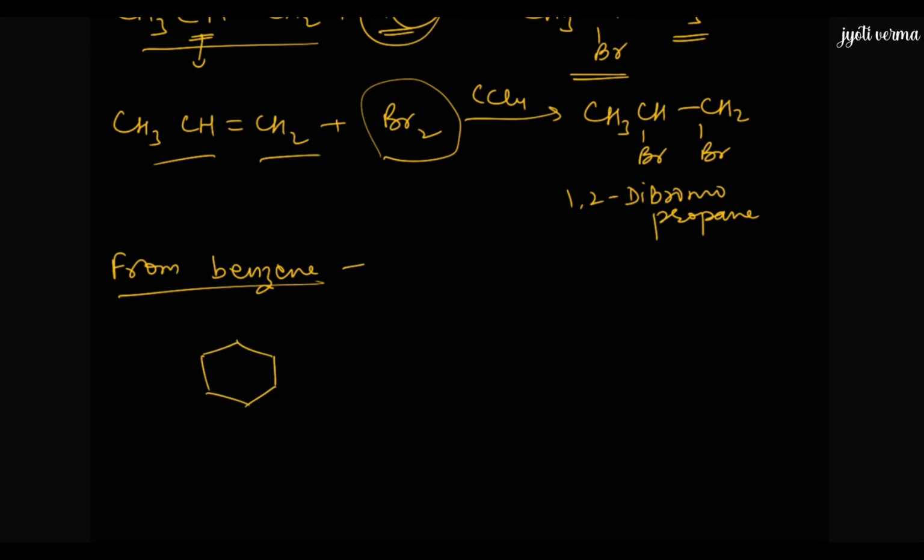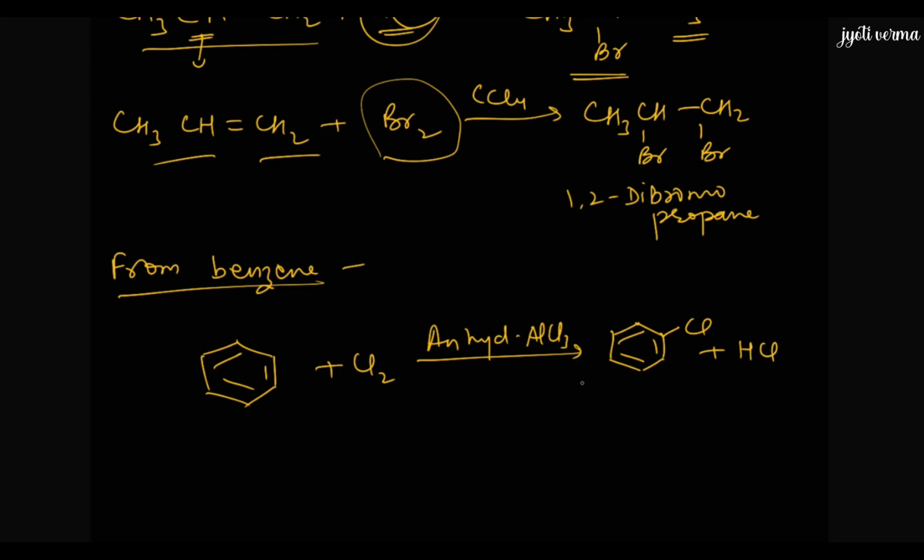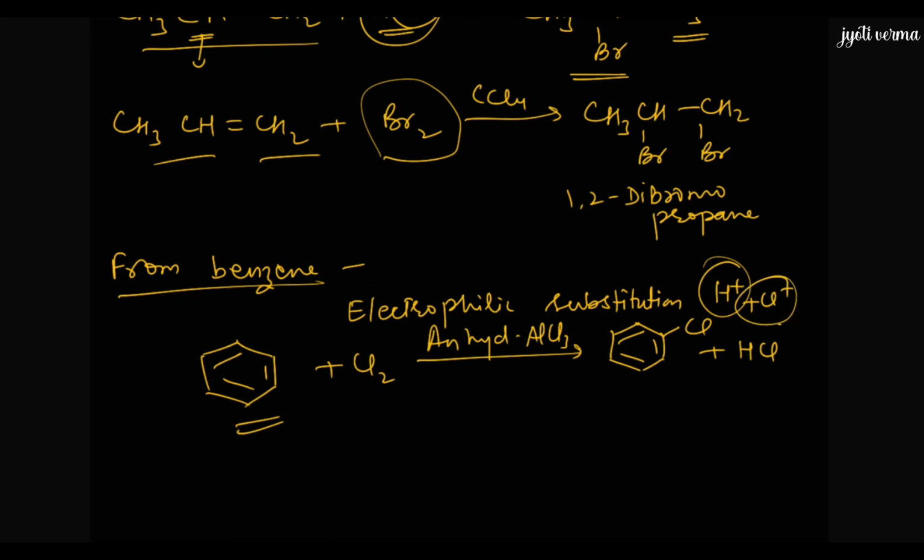Say for example, we have benzene, and if we do its halogenation like chlorination in presence of anhydrous AlCl3, in place of this you may take some other catalyst also, and if the reaction is taking place in dark, it will lead to electrophilic substitution. So here it will be chlorobenzene plus HCl. This is electrophilic substitution taking place. The same reaction, the mechanism and all we did in class 11. H ion, that is electrophile, from benzene is being substituted by Cl plus ion, right? So that is how the reaction is taking place.